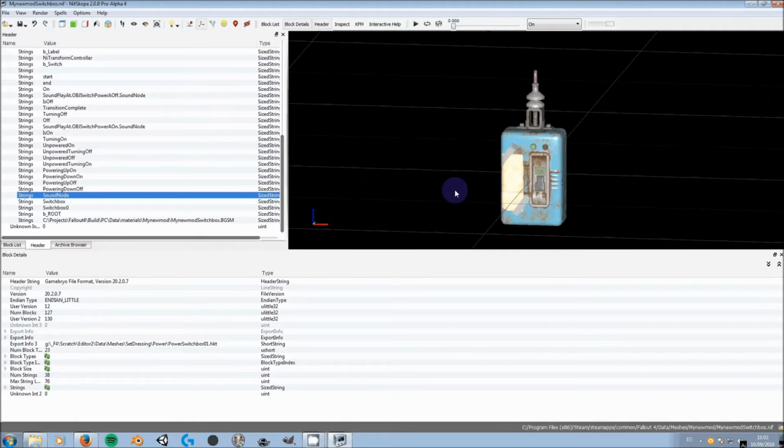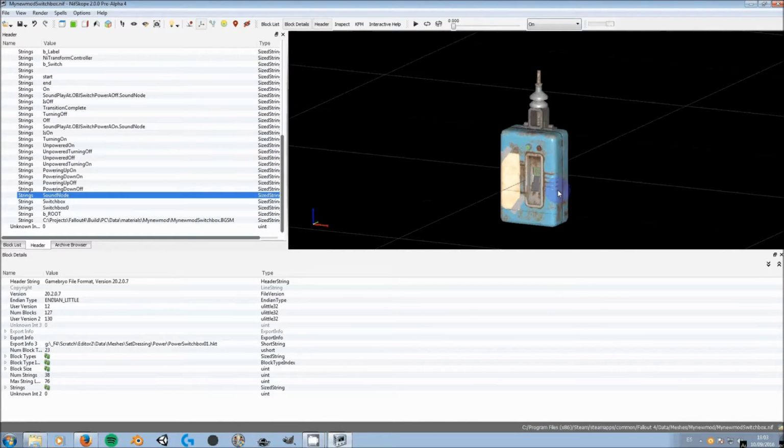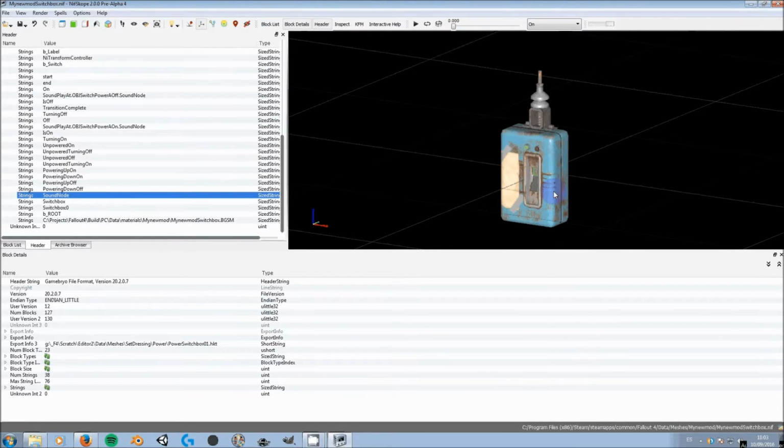Okay, I'm not that expert on Nifscope or whatever, so I don't know why this happened, or how you can actually see it here. But well, that's not a problem. If you see it well on the creation kit, everything's okay. So we have now made the model, and we're gonna go to the creation kit to make the actual mod. Okay,